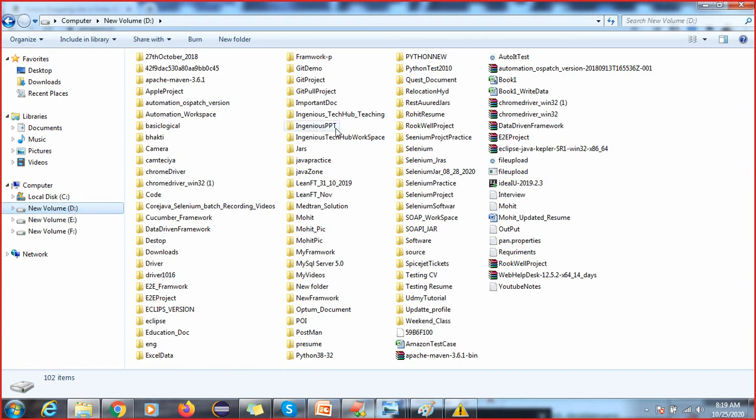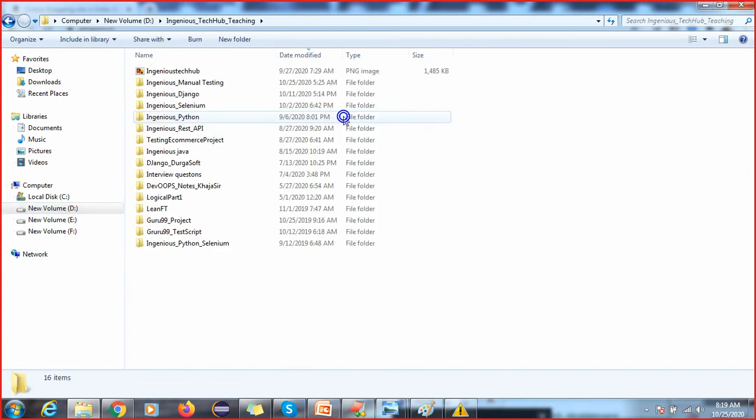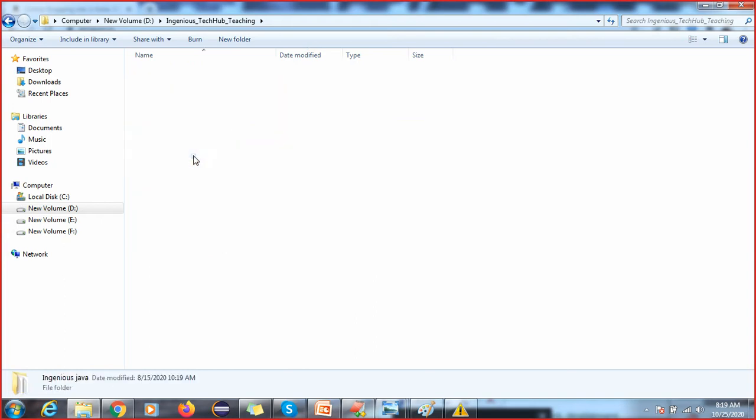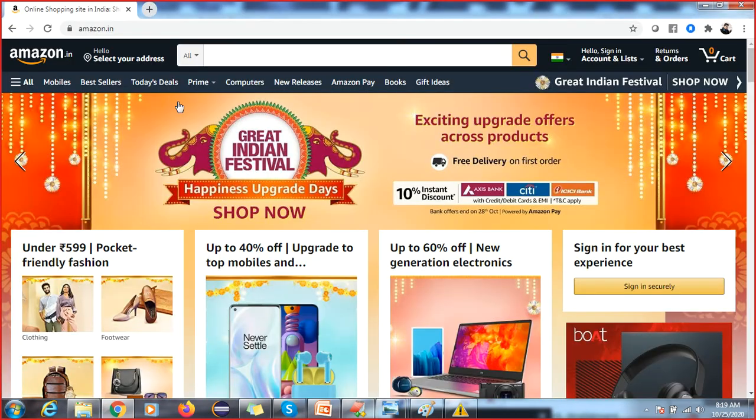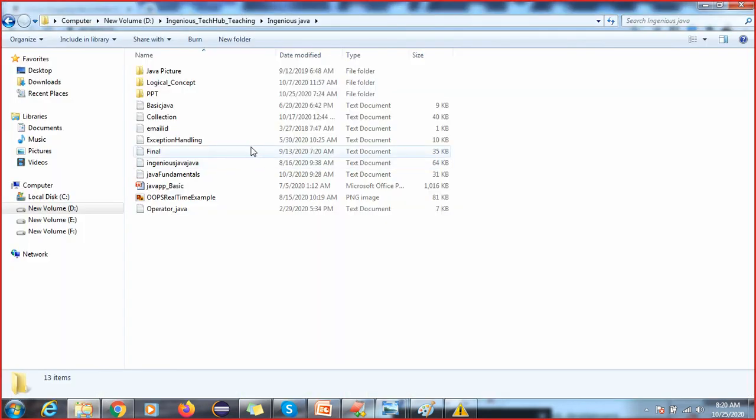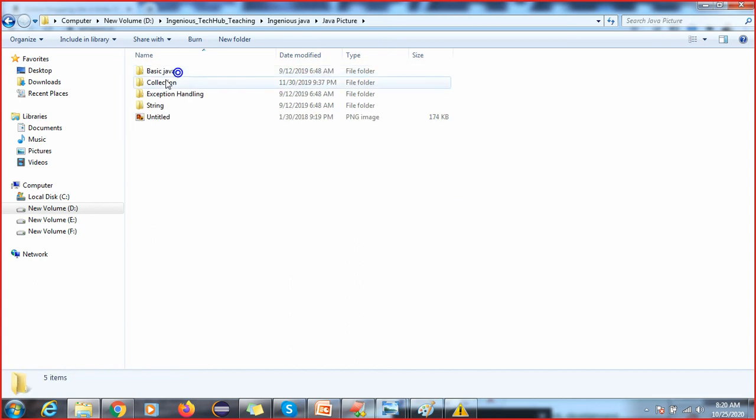Programming world means we are going to do automation. Got it, right? Programming means automation. This Amazon is automated, right? Everything is automated here. You do not have to go somewhere to purchase things, right? You can just go and get whatever product you want. Everything is automated, right? So when automation comes into the picture, we have programming. The question is how we will convert this real world object into the programming world.